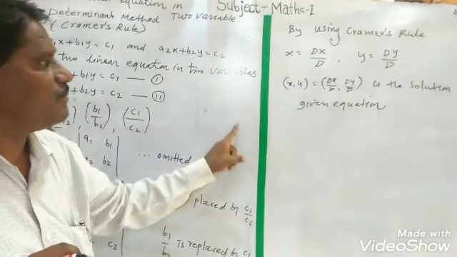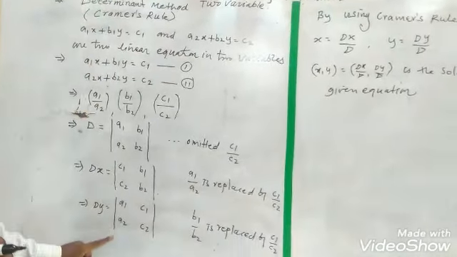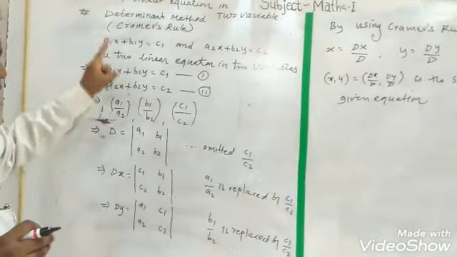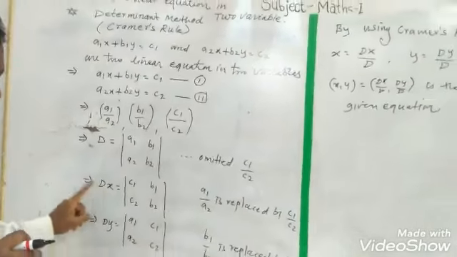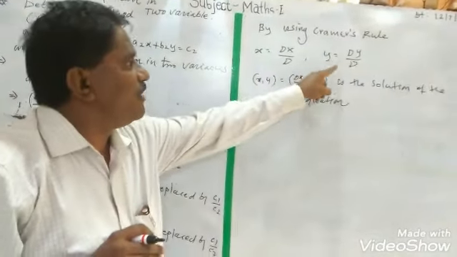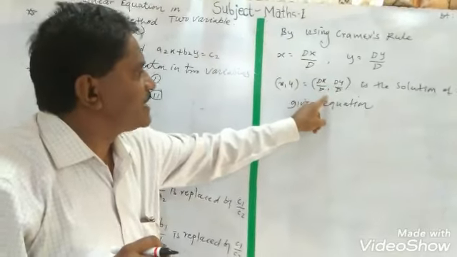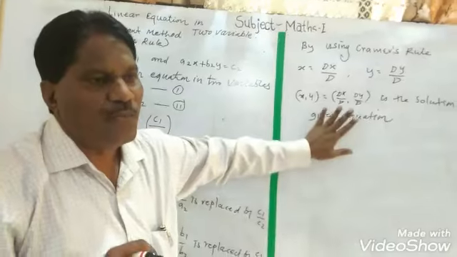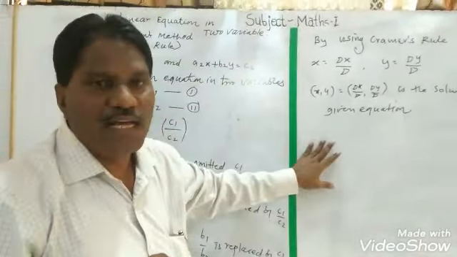While solving the example, जेव्हा आपण उदाहरण सोडवू त्या उदाहरणामध्ये अशा प्रकारच्या किमती काढायच्या. Not through this equation necessary. So therefore only remember it, that is the value of Dx, value of Dy by using Cramer's rule. x is equal to Dx upon D, y is equal to Dy upon D. That is (x, y) is equal to Dx upon D, Dy upon D, the value of x and y, is the solution of the given equation. हा झाला आपला फॉर्मॅट. या फॉर्मॅटमध्ये किमती जर टाकल्या तर आपल्याला कुठल्याही प्रकारचं उदाहरण सॉल्व्ह करता येईल.